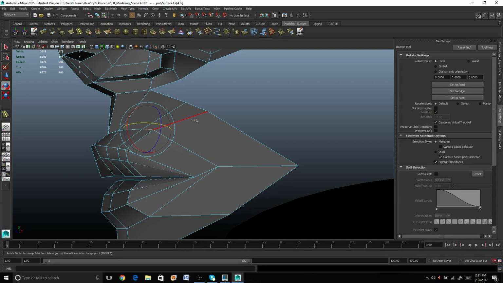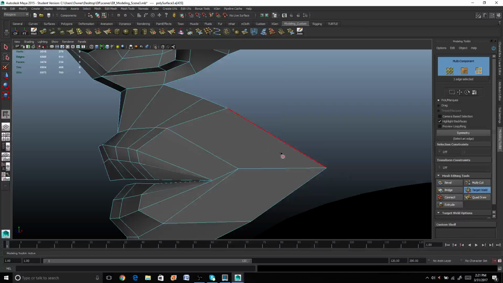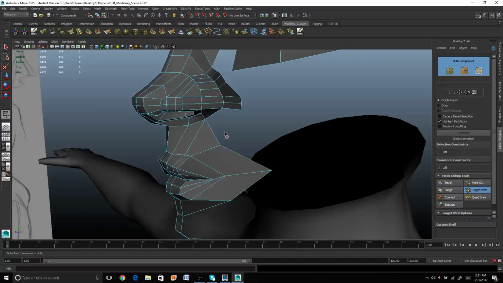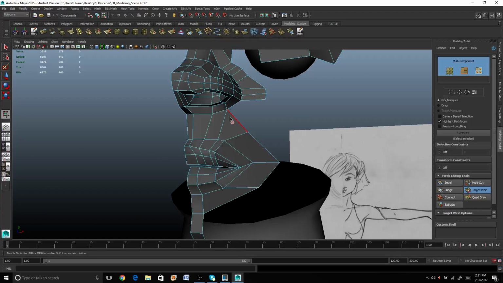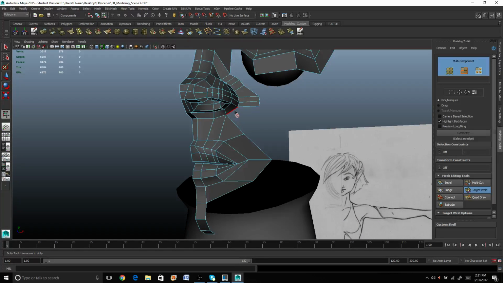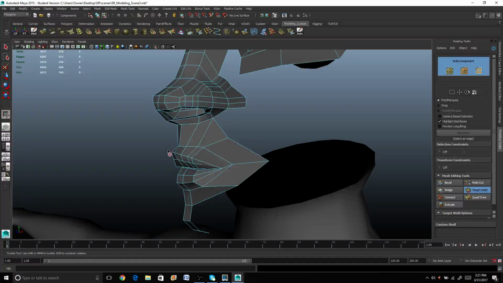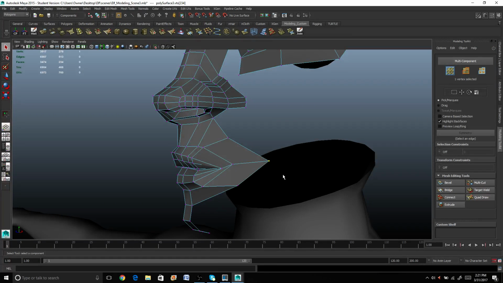There we go. Let's go and target weld this one together as well. Now what I could have happen here is I can create another edge flow where it just comes around this way, which is probably the smartest move I can probably do at the moment. This one here is kind of pointy at the end. I need to bring this one, rein it back in, so let's go ahead and